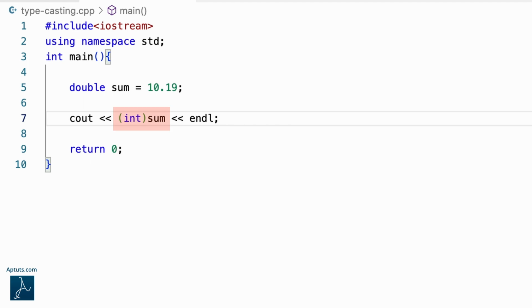Here, I am using typecasting. I am forcefully converting value of sum to an integer value. Note that this is a temporary conversion. Using typecasting on a variable will not change the value or data type of that variable. This entire expression will return an integer value, which can then be displayed on screen using cout statement as shown here. After execution of this cout statement, the data type and value of sum will still remain the same,